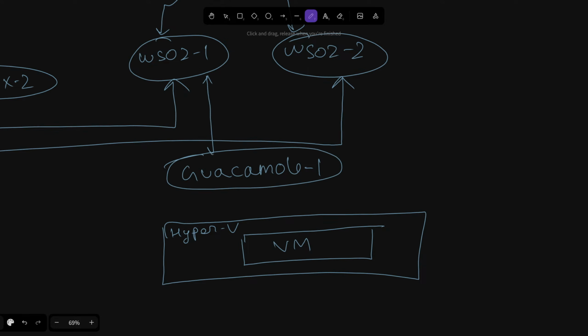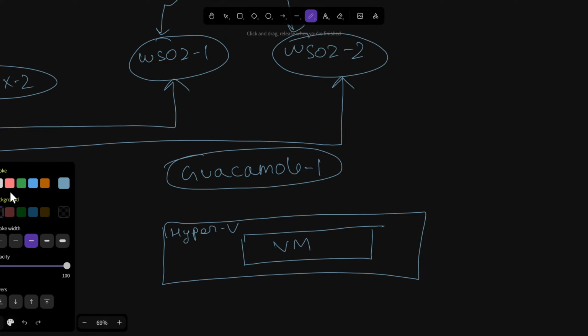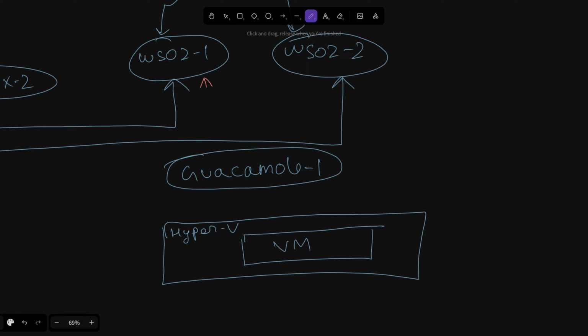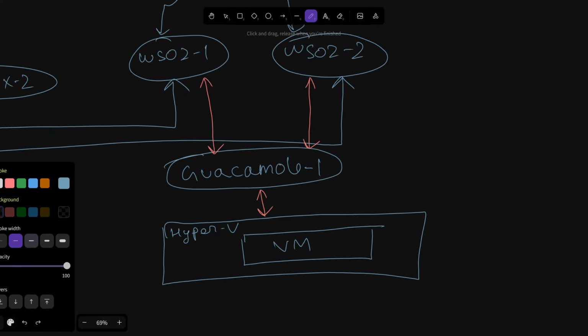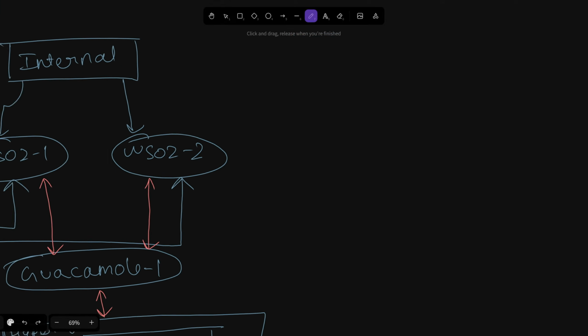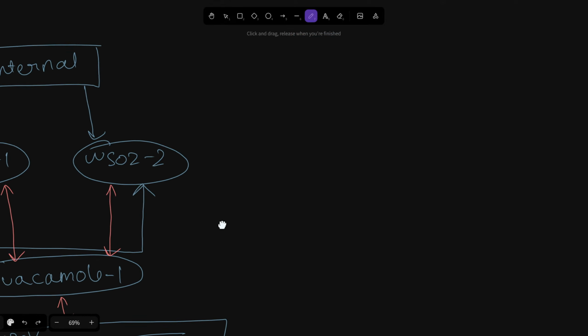And here you see, yeah, actually I should color code this differently because it's getting hard to see. Then there is our observability subnet.